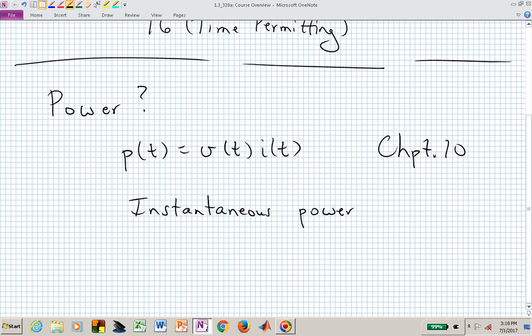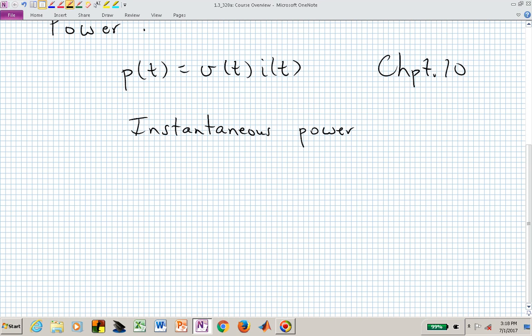Because of that, maybe there's a cleaner way to talk, not keeping track of what's going on at each instant of time, but thinking about what's happening on average, or what is the real power,